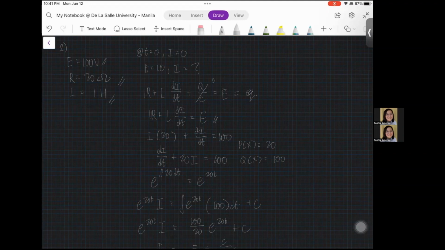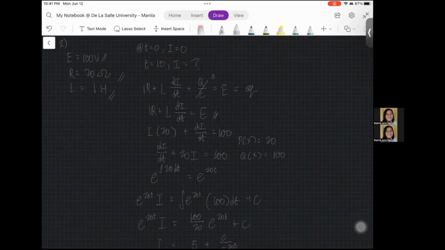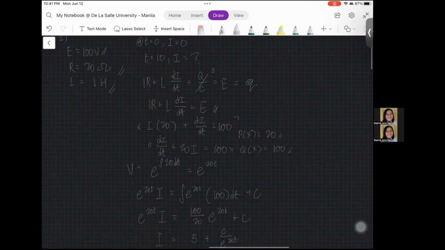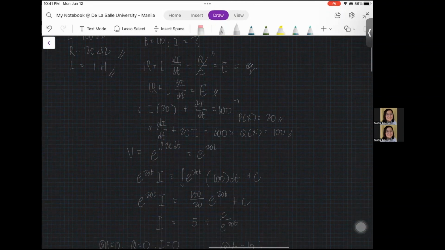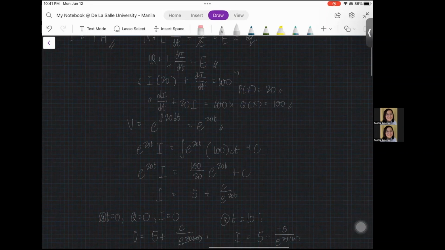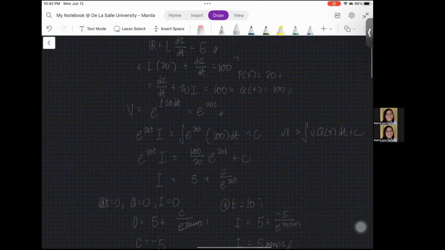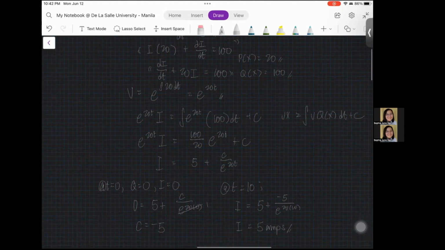So filling in the details we were given a while ago here, we'll be able to sort this out into a linear equation and find out what our px and qx are. After that, we'll be getting the integration factor, which is equal to e raised to 20t. And then we'll plug it in like a while ago, says vx is equal to the integral of v qx dt plus c, like that. So after integration and simplification, we'll be able to get the equation for our